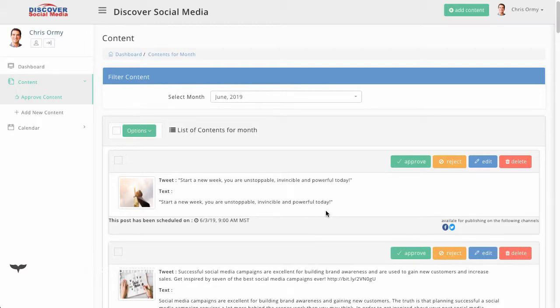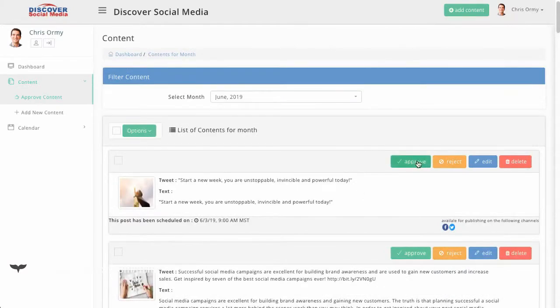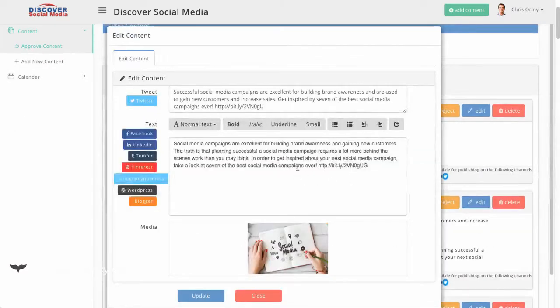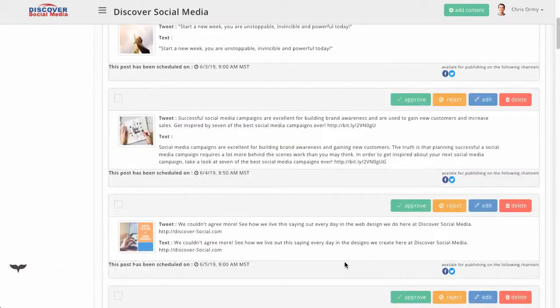And we like to have them have control over the content. We write the content, we control it, things like that for all the promotional type stuff. But at the end of the day, it's going on their social media account. So they should have access to either approve it, to reject it, which almost never happens, or to edit it. So if they come in here, they can edit this and make a quick tweak to it. And then they can update that. I'm going to close it right here and then approve it. So anything that they may want to put their own voice in there, they can edit it. So they really do have complete control over all their content.